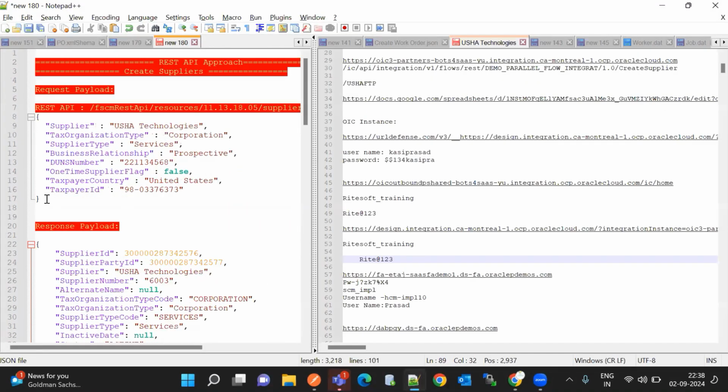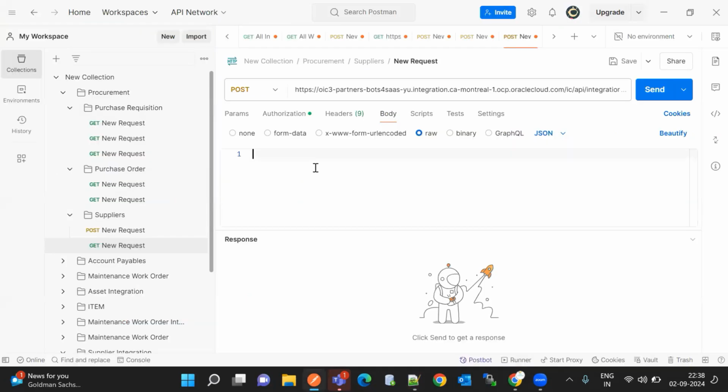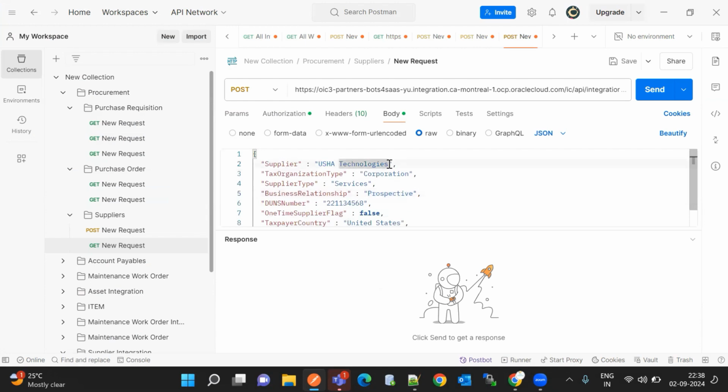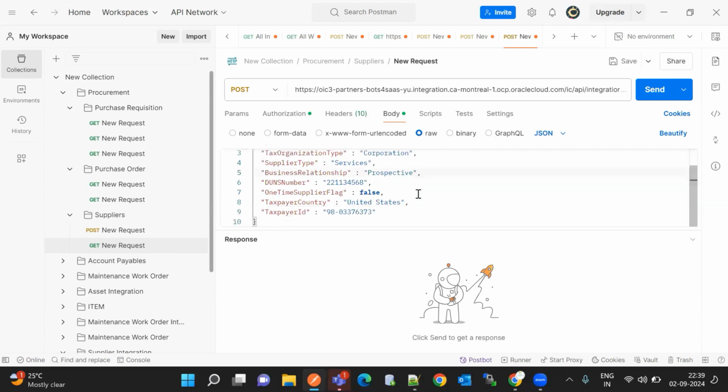The request payload we are giving in this format in the trigger connection. So this is the Oracle client's given request payload, and I'm passing this one. For the integration, I'm giving the unique name Usha Technologies integration, and changing the